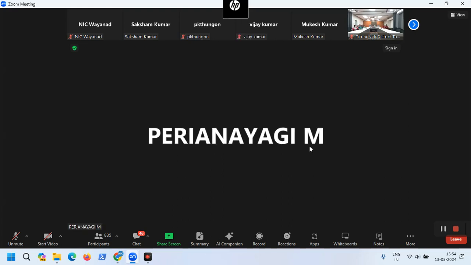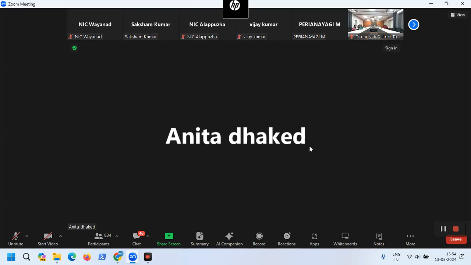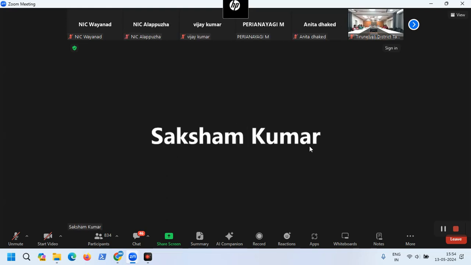So we have already provided the demo logins. I request all the ROs who have already transmitted the ballot on the demo portal, not on live, that is fine. And those who have not yet transmitted, please transmit the ballot from the demo portal, and then you have to log in as record and unit, and download the ballot paper for doing the testing, hands-on.